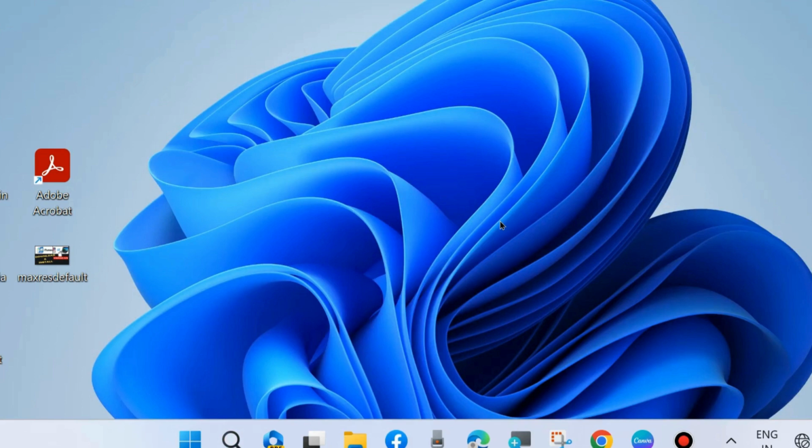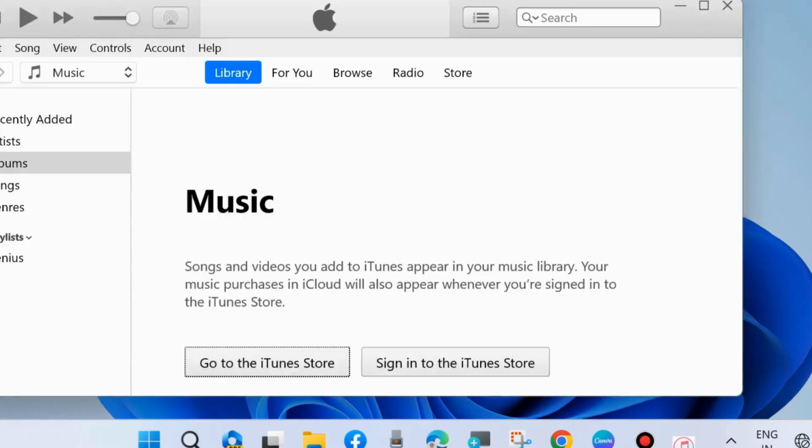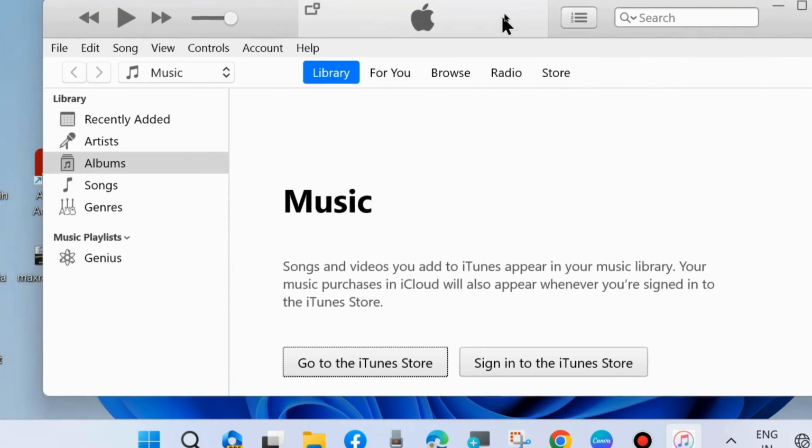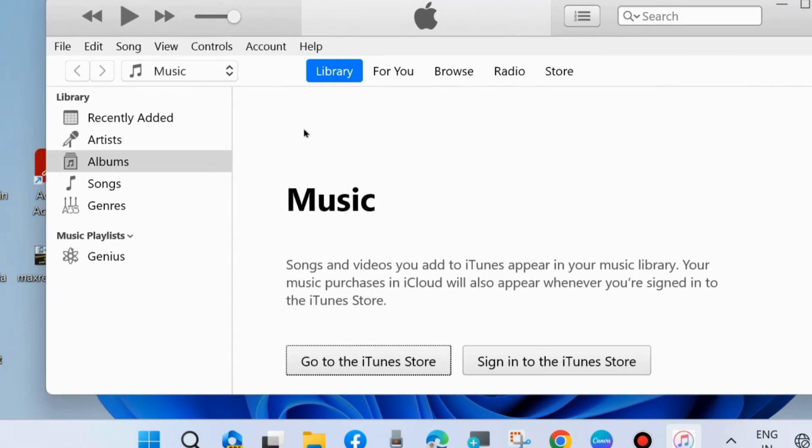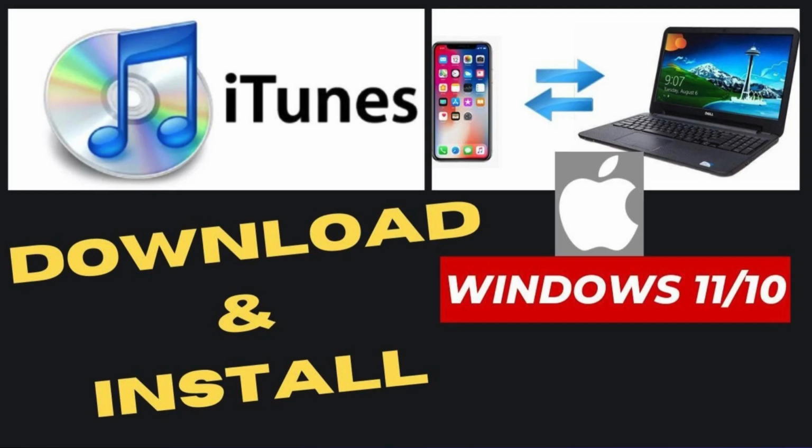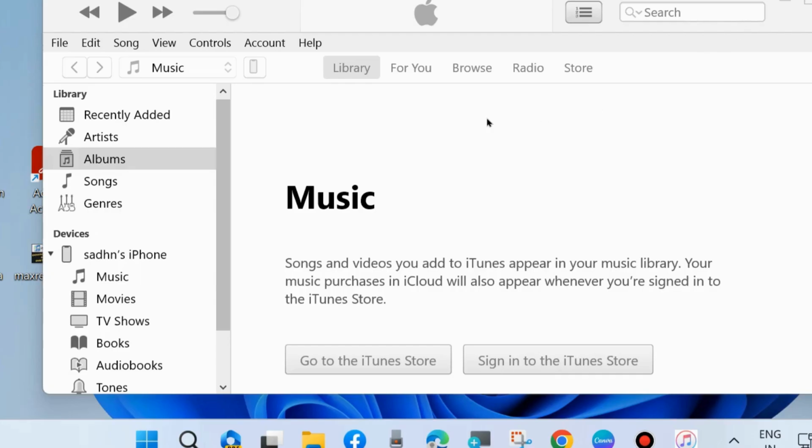Click on open, and if you want to know more about iTunes app, go through my channel, and how to download and install and how to use iTunes app in Windows 11, Windows 10. A video has already been made for this. So connect your iPhone with your Windows 11 10 PC and choose phone icon from here,